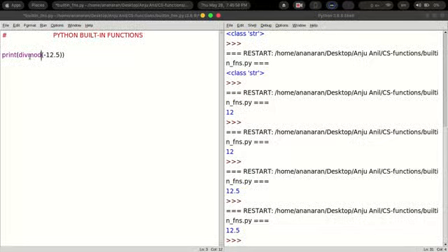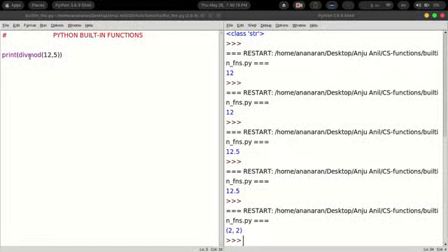Let us see. For example, if I specify 12,5 and I try to get the output, I have got the output as 2,2. Here you can see the first 2 is the quotient.